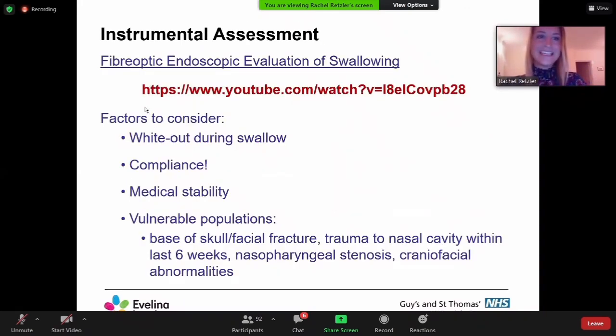Things to keep in mind with FEES, there is a whiteout during the swallow, so you can see before and after the swallow, but not during. Compliance again, if you think about children and FEES, thinking about if the child is going to be able to tolerate having a camera up their nose and down their throat while they're being instructed to eat and drink. Are they medically stable? And keeping in mind our vulnerable populations, such as traumas to the nasal cavity within the last 6 weeks,